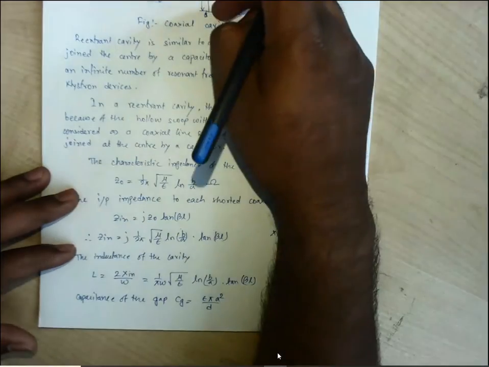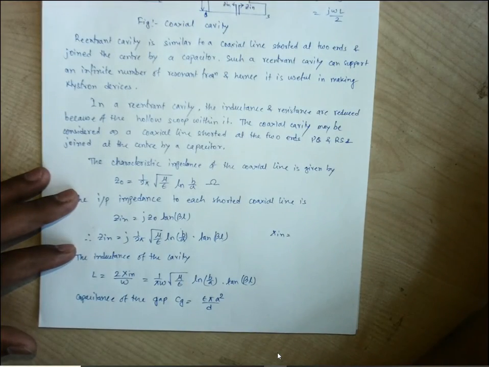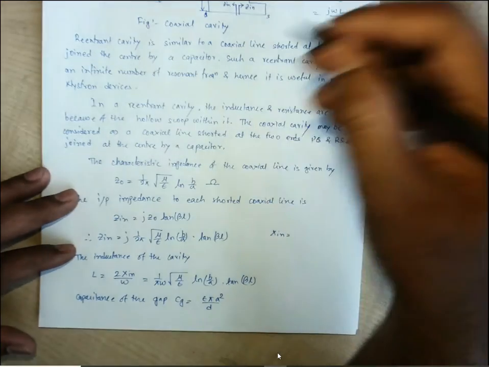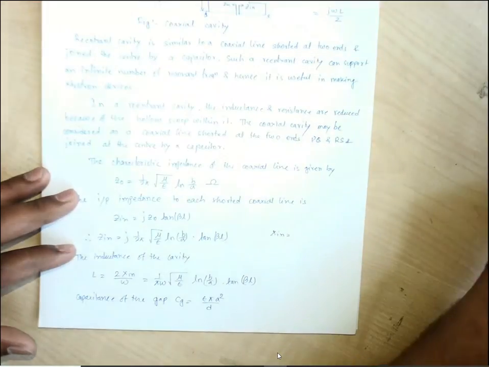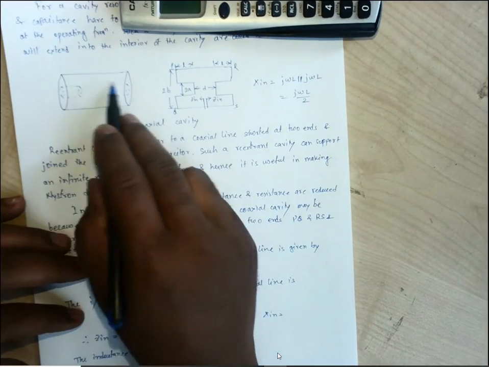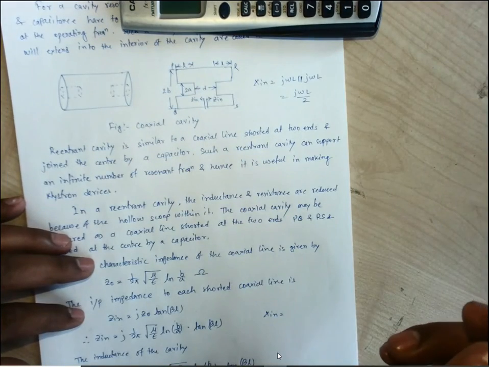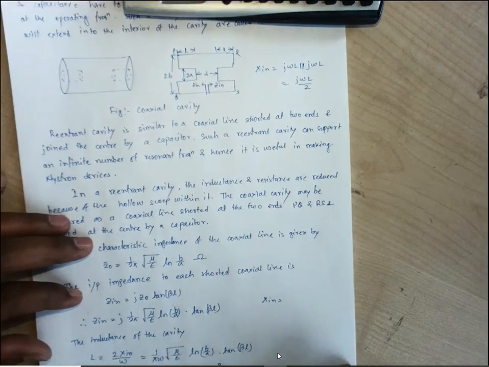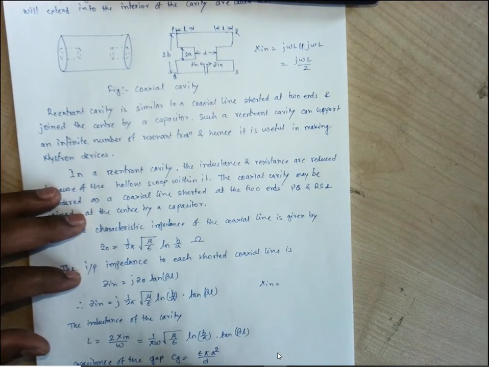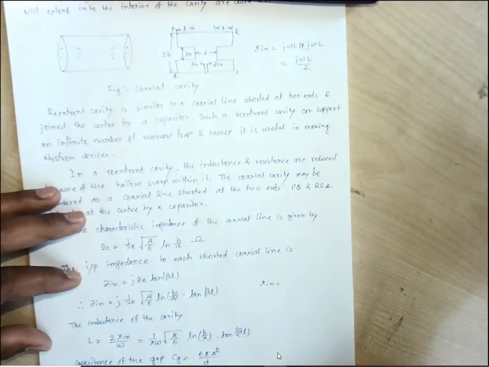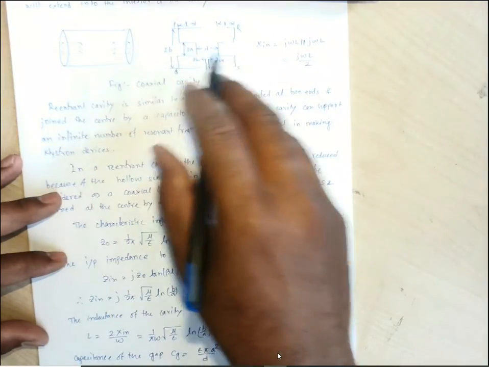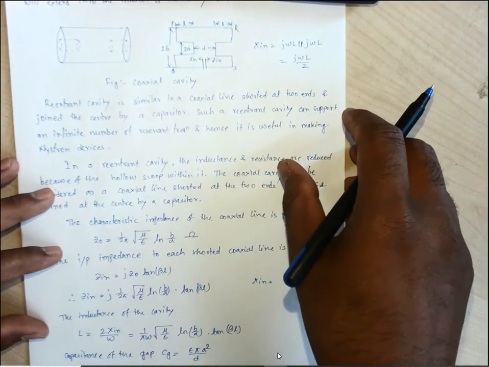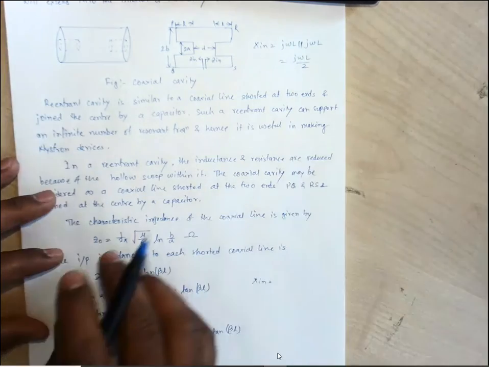A is the radius of each of the gap. If we consider a circle, the area is pi a square. So if we go with this continuous structure for this coaxial line, the cross section will be like a circle. So pi a square is the cross section area. So this is the gap capacitance of this reentrant cavity, where the metallic portion is absent to maximize the resonant frequency.